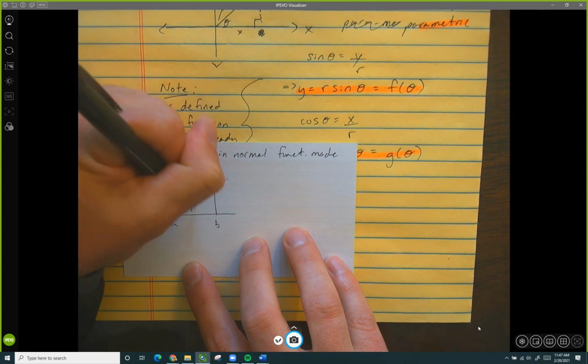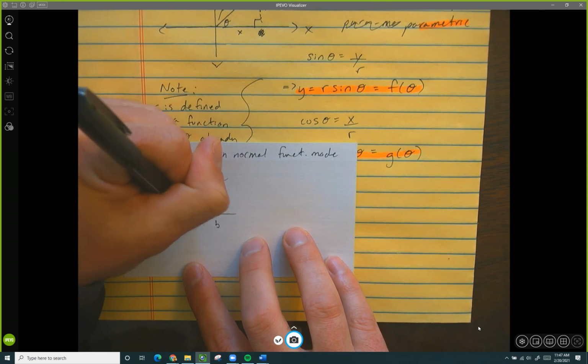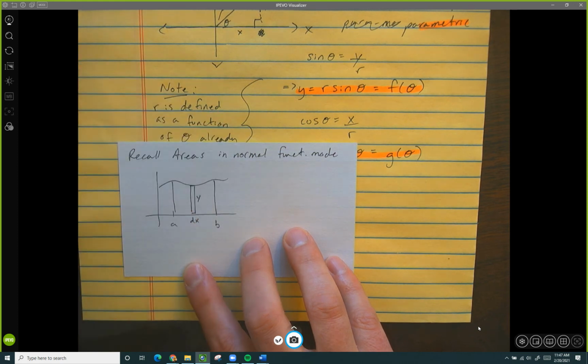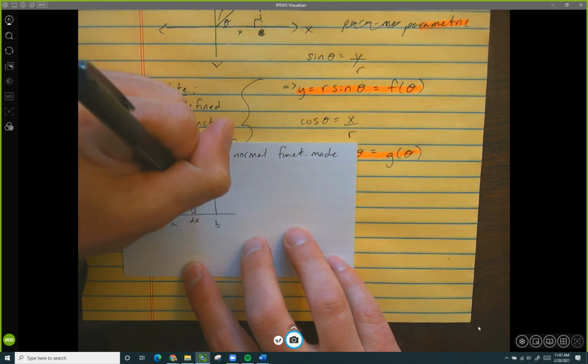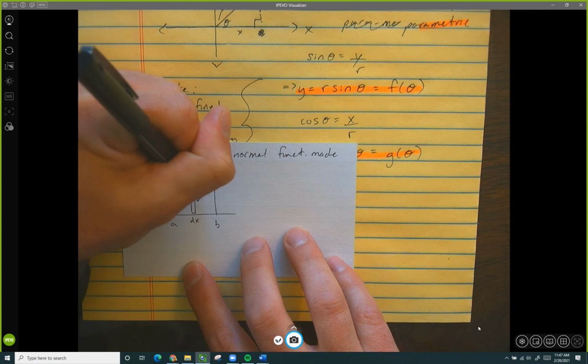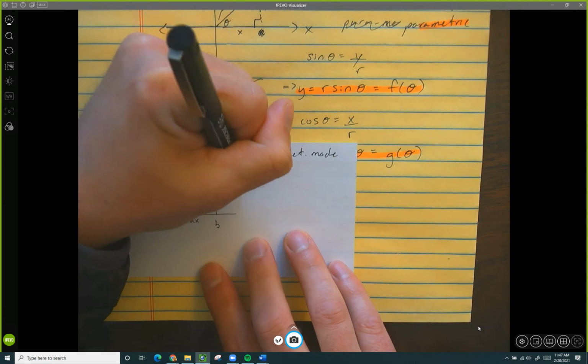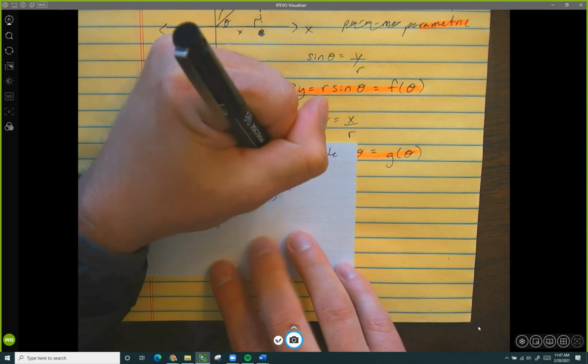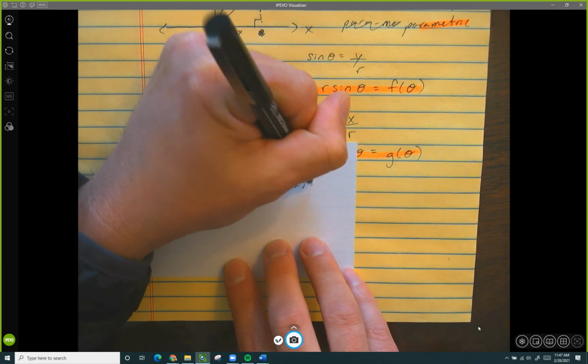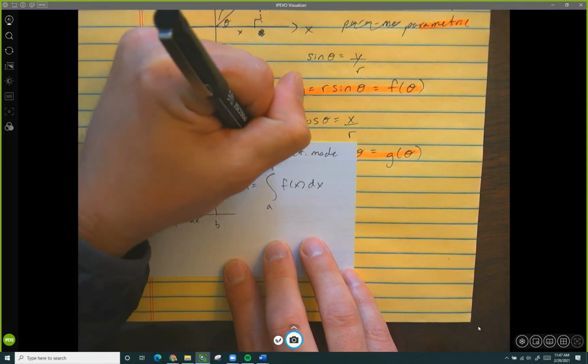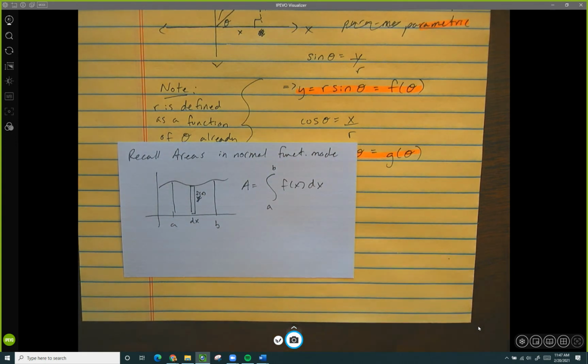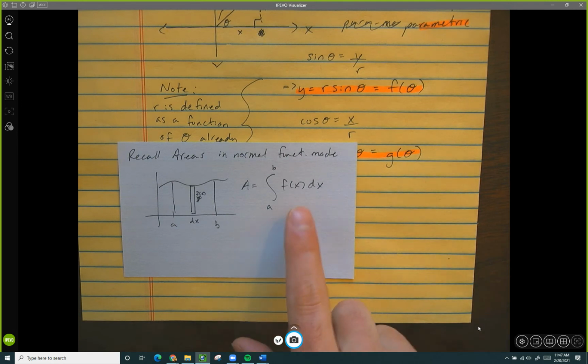Areas in normal function mode involve adding up a bunch of little areas of rectangles. Area is the sum of little rectangles. An integral by definition is the sum of things, and whatever those things are, that's what the expression is telling you. Sometimes